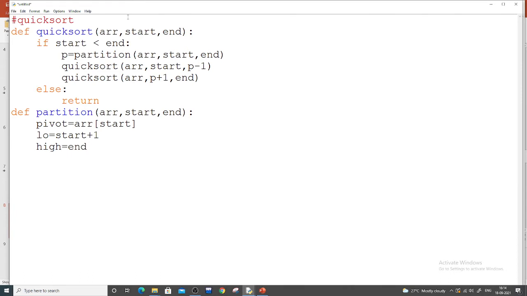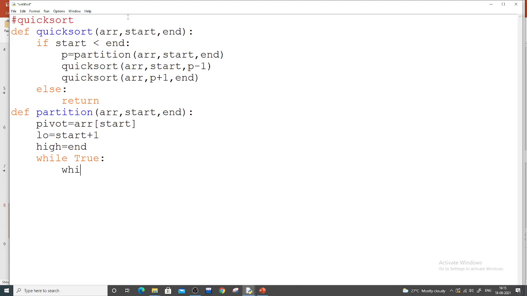Now this process, here I will do my starting. While True, my loop continues here. Inside the loop, I have to check whether the data available on the left side must be less than pivot or not.